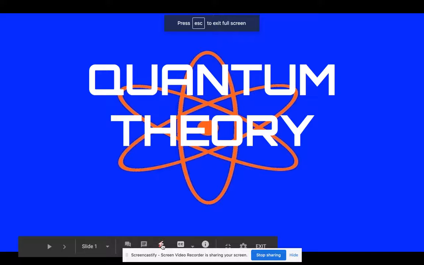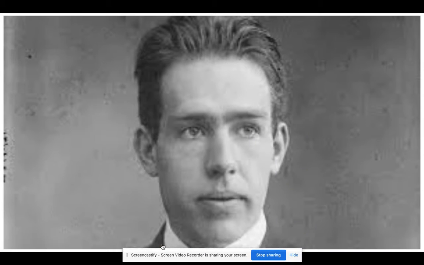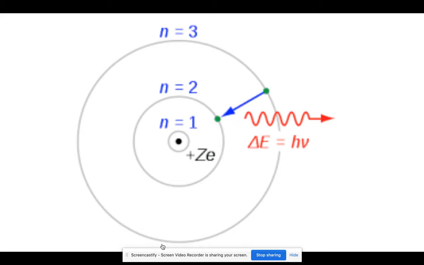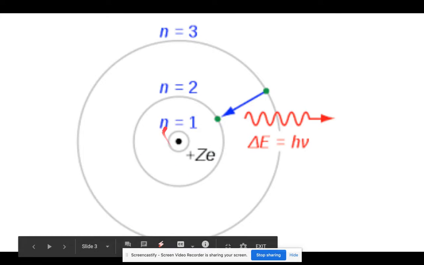Hello everybody, and today we're going to be talking about quantum theory. So the man on my screen right now is Bohr, and Bohr is a very important figure for what we're going to be talking about in the beginning because of what he found. So this is called Bohr's model, and what he did was he took a hydrogen, just a normal hydrogen atom,